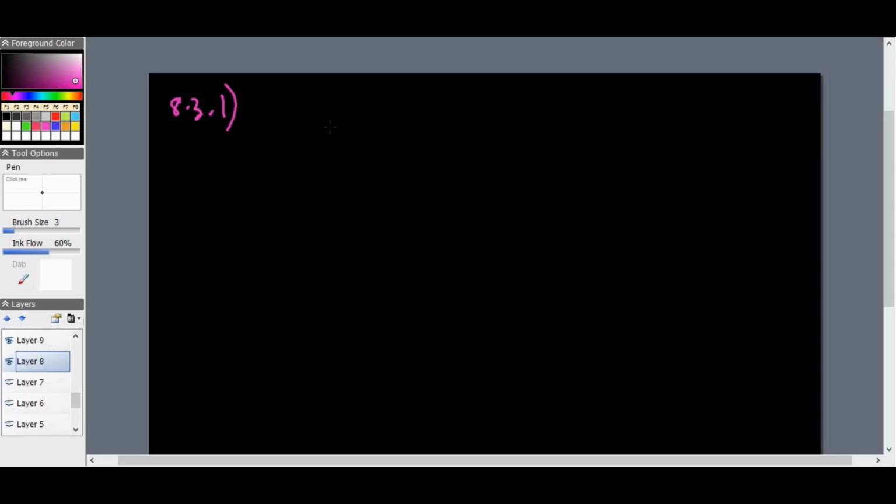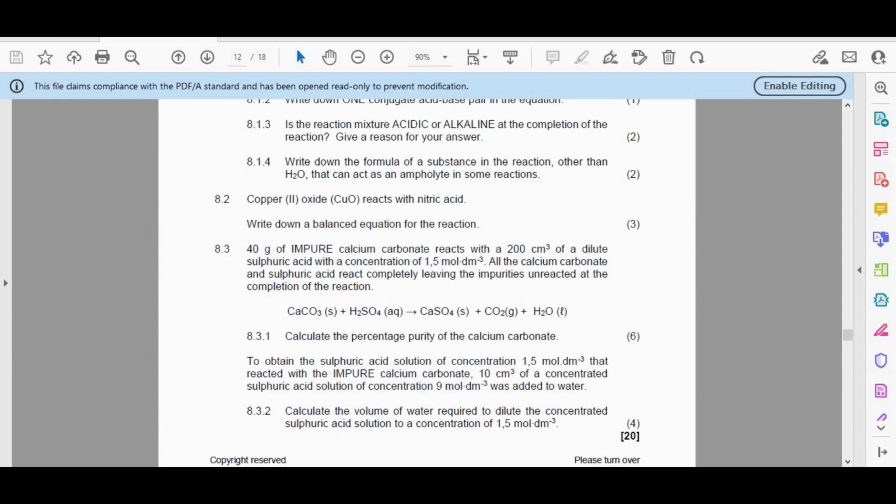So firstly, let's find the number of moles of the acid. Which is obviously the concentration times the volume. Okay, so which is going to be around 1.5, which is the concentration of sulfuric acid, as it says there, right? Let's see. Yes,